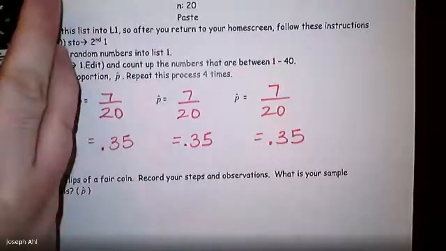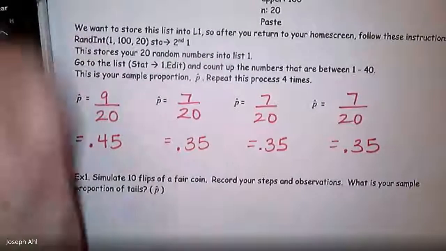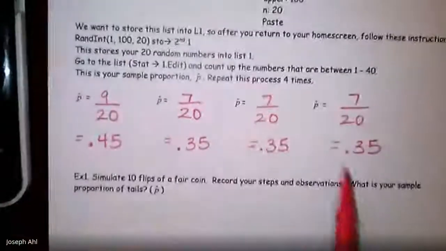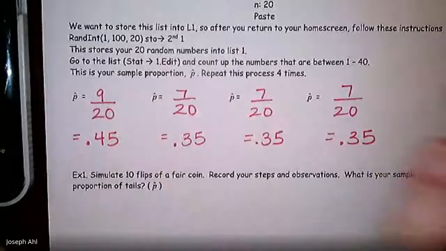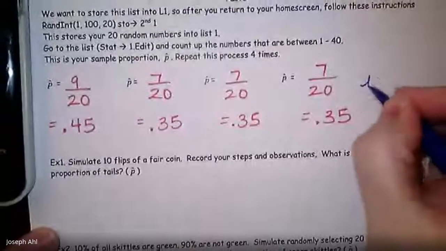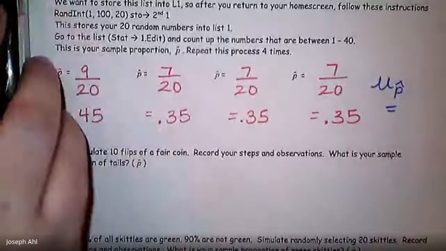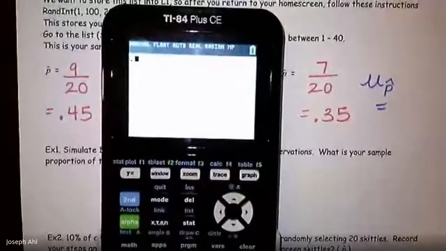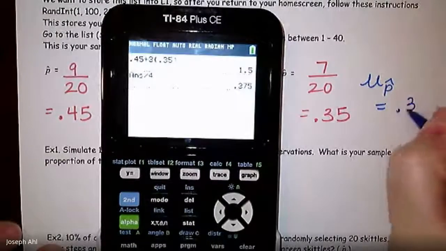So the idea here would now be to average those sample proportions right there, those p-hats, and this total thing is called a sampling distribution because we've done multiple trials. Okay, and if I take the average of the p-hats, in this case, let's see what we wind up getting. So clear this out. 0.45 plus, we had 3 0.35s, right? And then if I divide that by 4,